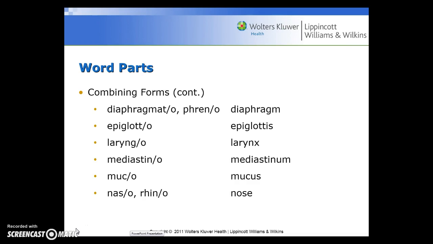Diaphragmato or freno for diaphragm, epiglotto for epiglottis, laryngo for larynx, mediastino for mediastinum, muco for mucus, naso or rhino for nose,